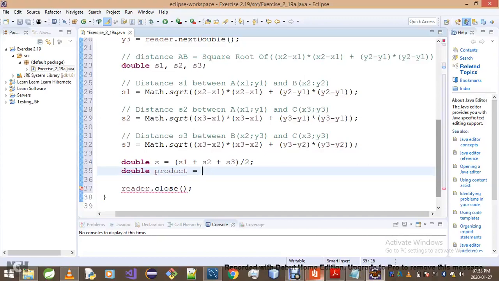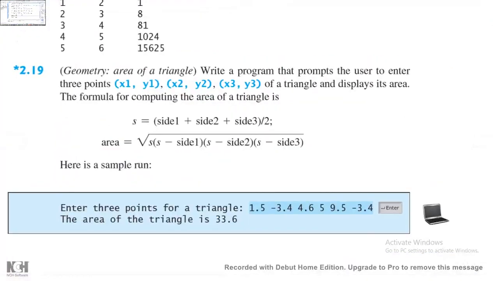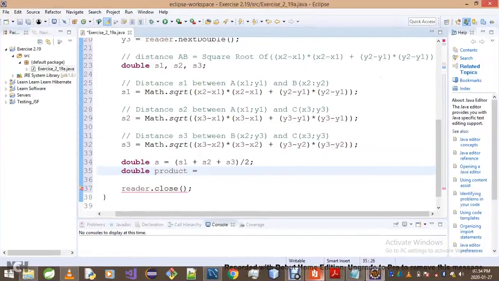regardless of whether or not your program is gonna give you what you expected. So again, in case you see something wrong or something that you think I shouldn't include, let me know down in the comments below. So we have S, we multiply that by S minus S1, we multiply that by S minus S2,